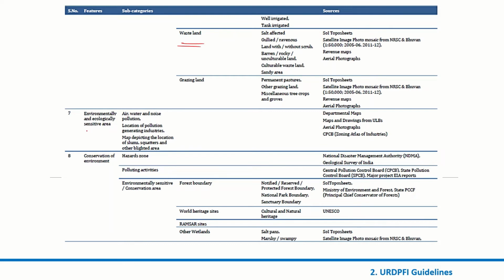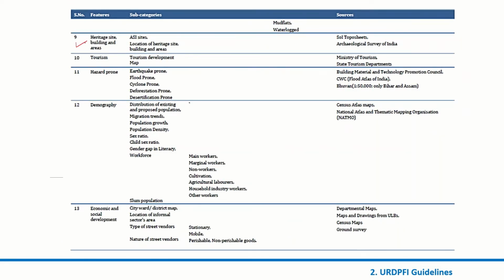Let's say one of your focuses is the environmental aspect. You want to study the environmental layer. Then we need information like the air, water, and noise pollution, and so on and so forth. So this is another layer that we can think of. Conservation, again I'll just leave these things, we will not go into details of this. Heritage, I don't see, we do have some sites there, I don't think so. Heritage and tourism as well, not much.